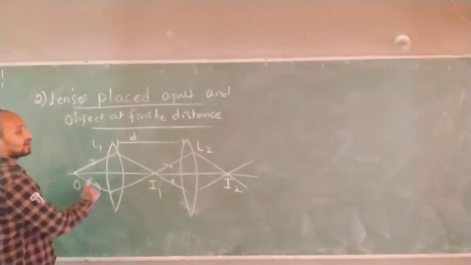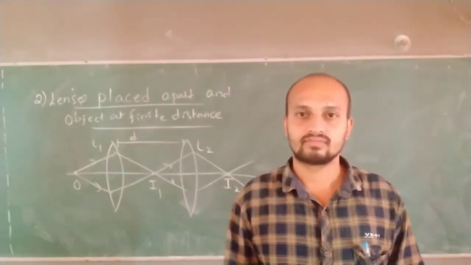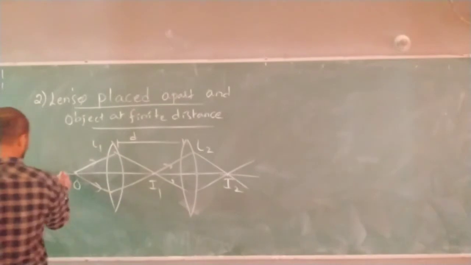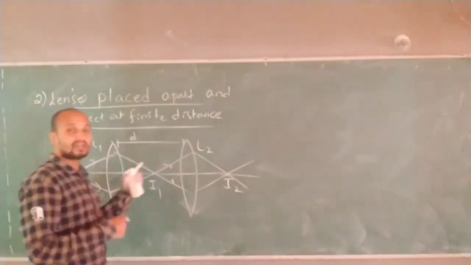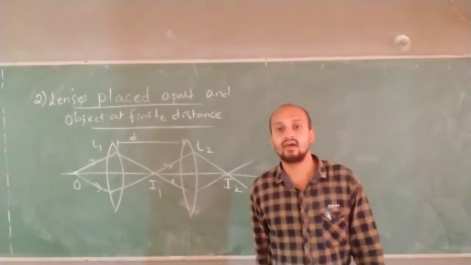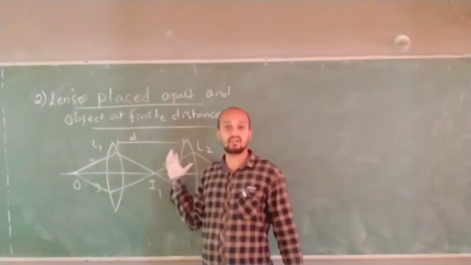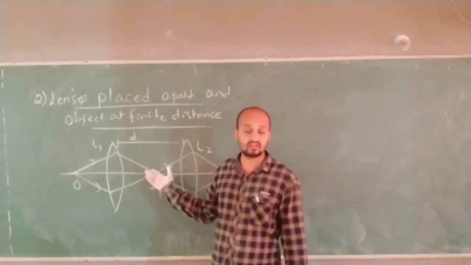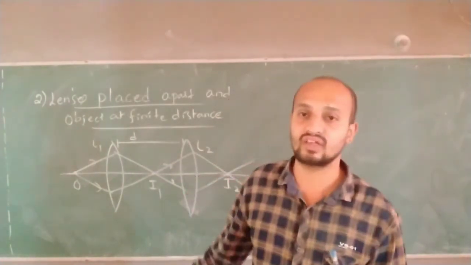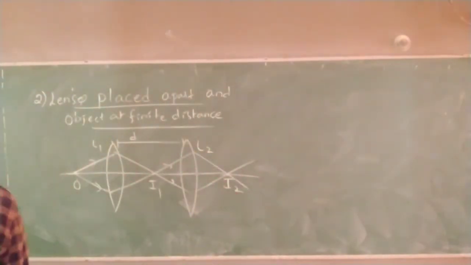So in this case, what is the equivalent focal length of the lens? You cannot find it out. Why? Because there is no possibility. In this case, you have to deal with the lenses individually. You cannot find the equivalent focal length. You can find individual focal lengths, or if you know the individual focal lengths, you have to find the image distance by using the lens formula individually. Got it now? So this is about the combination of lenses.